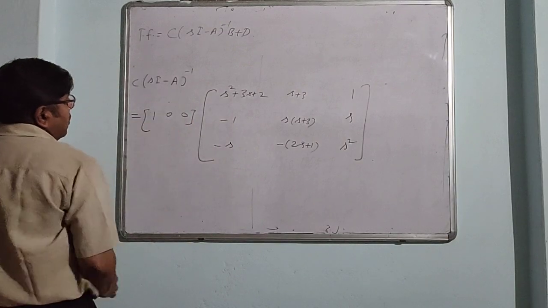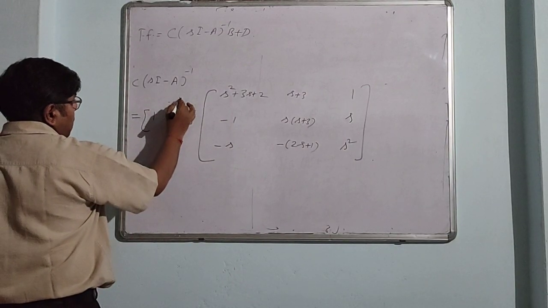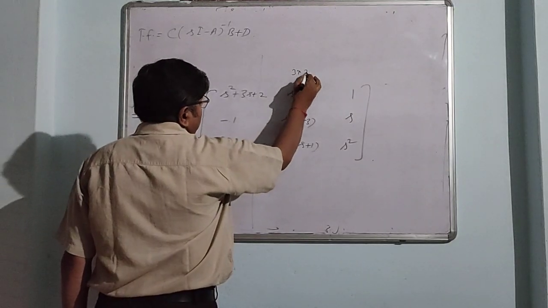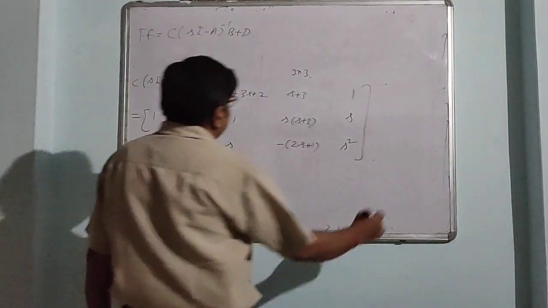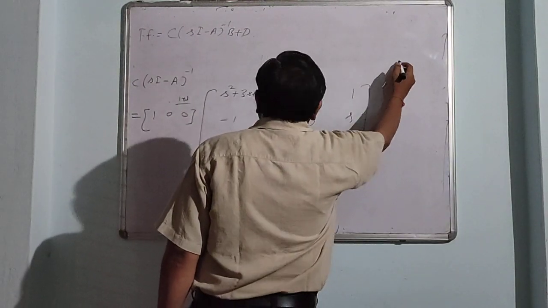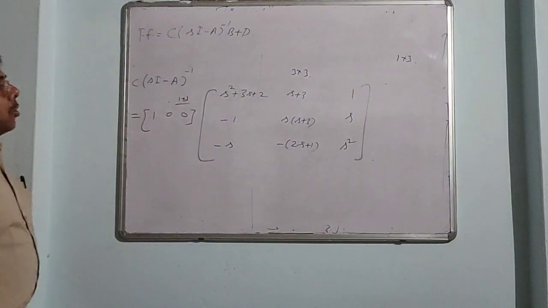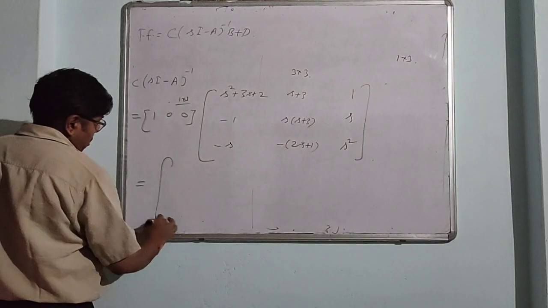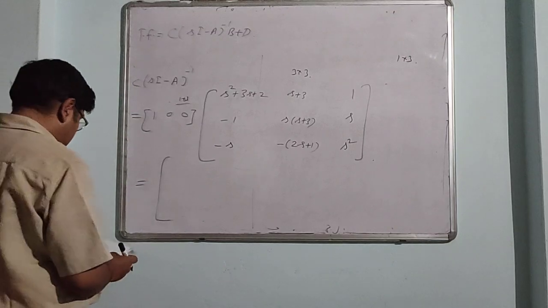So this is a matrix of 1 row 3 columns, so this is 1 cross 3. This is 3 cross 3. After multiplication, you will get a matrix of 1 cross 3. 1 cross 3 means 1 row 3 columns. So after multiplication, you will get,